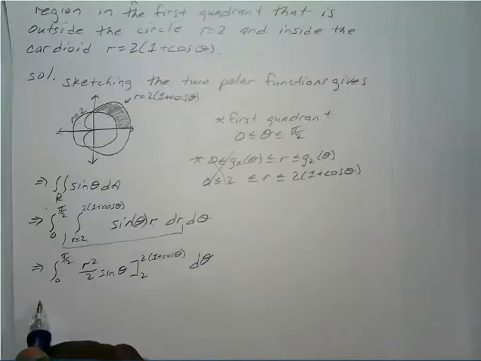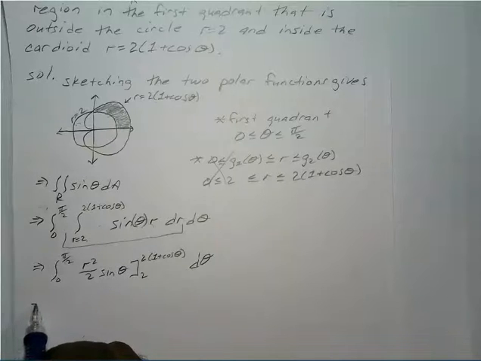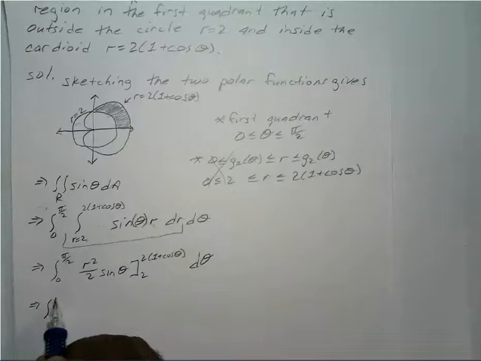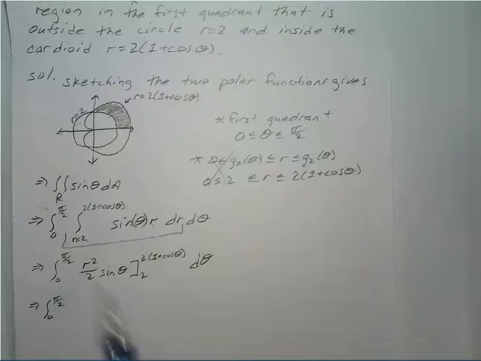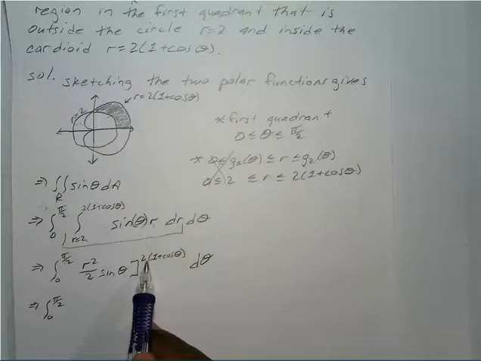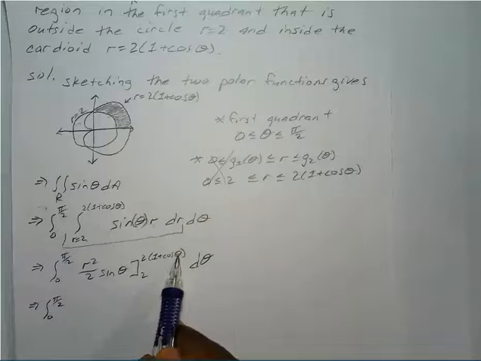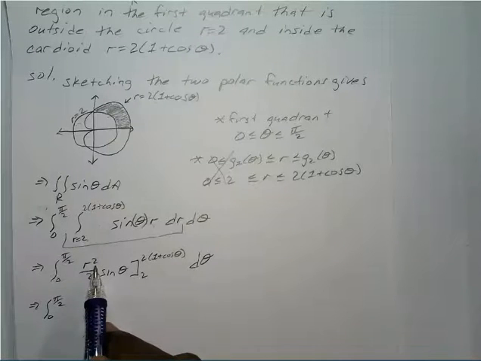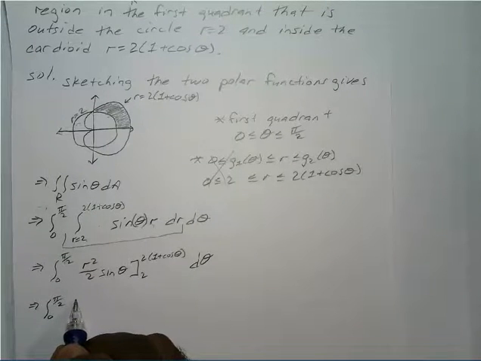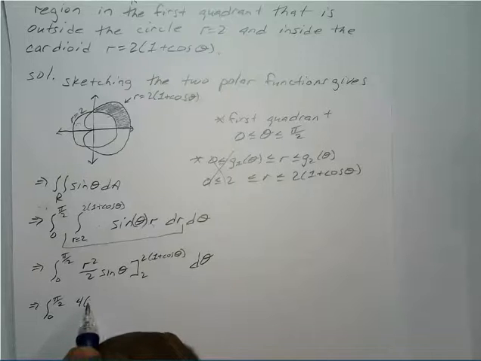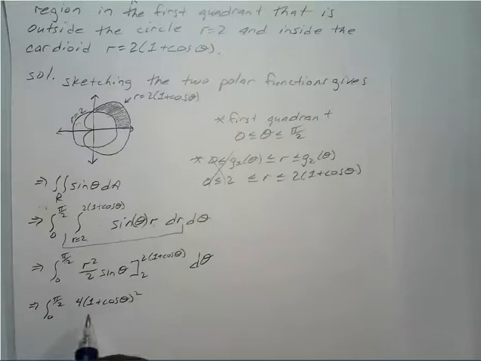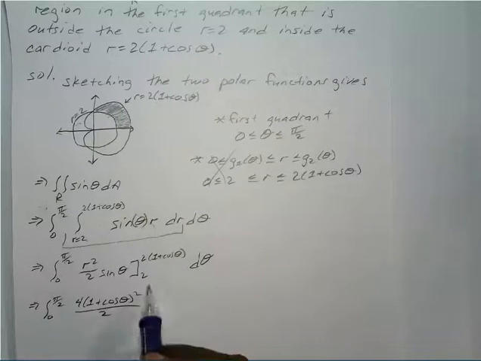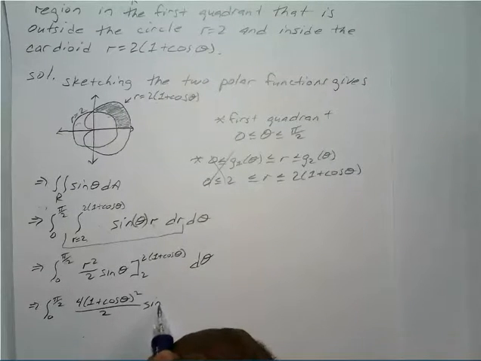Alright, so that actually brings us to, from 0 to pi over 2, we plug that in, that's 2 times 1 plus cosine theta squared, okay, which ends up being 4 times 1 plus cosine theta squared over 2. And that's times sine of theta,